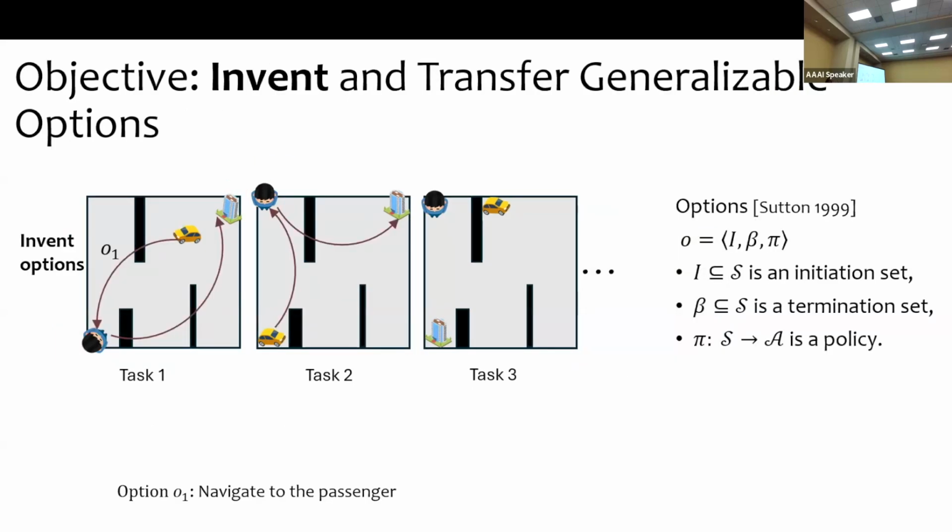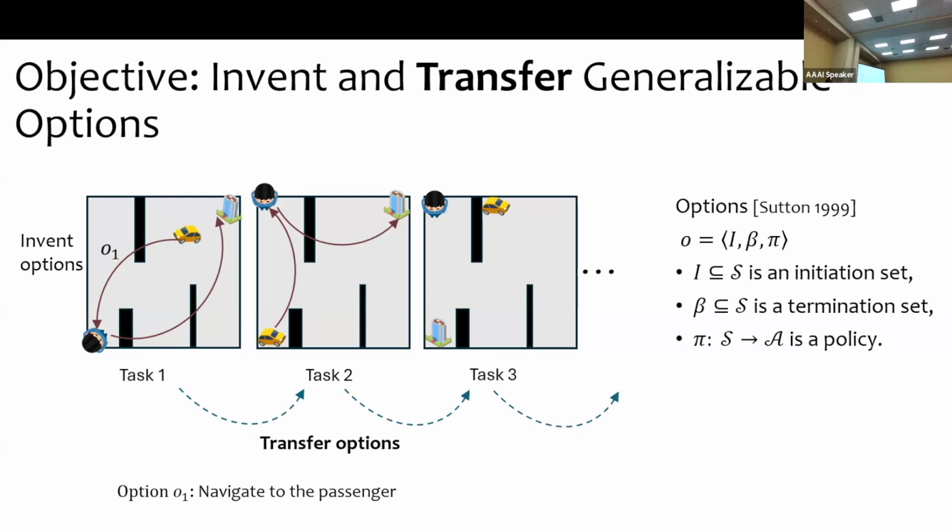One way to address the sample inefficiency that I talked about earlier is to learn options, where we are breaking down a problem into subproblems. Anita, in the previous talk, already established and defined what an options framework is. If we learn options, then that will help us to easily scale because we can plan over these options. And if we can learn these options and also transfer them across tasks, then that will also help us to address the problem of continual RL. And that is the objective of this work.